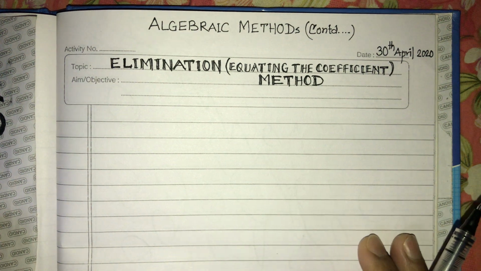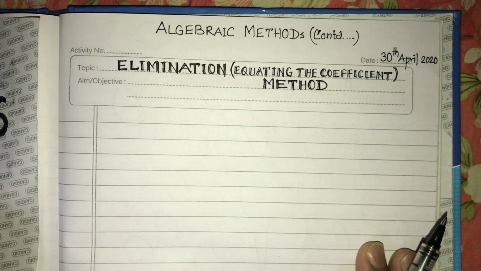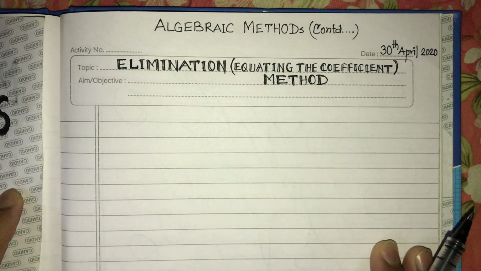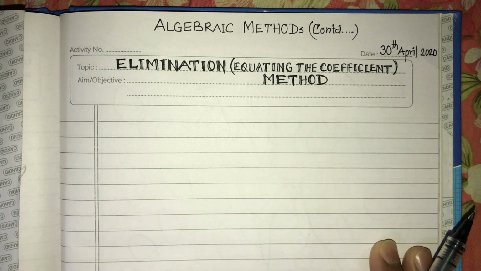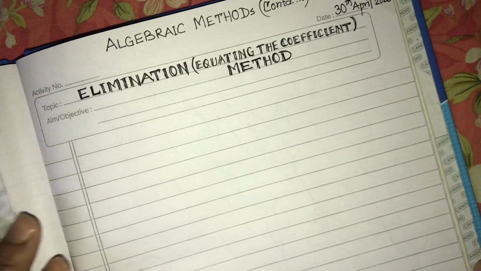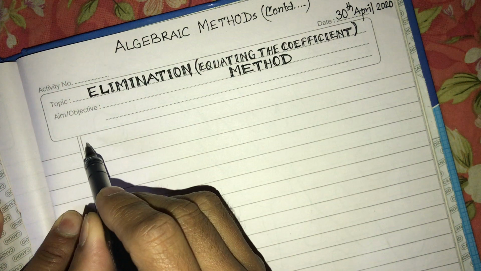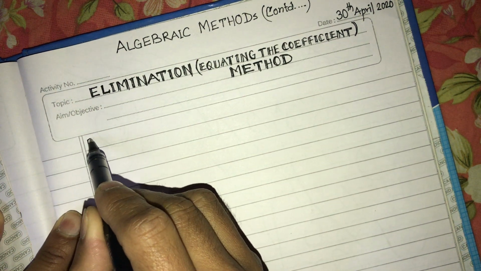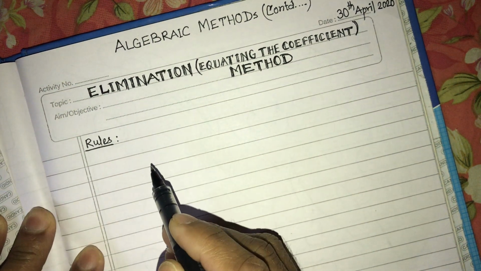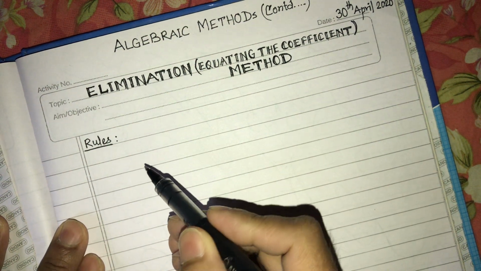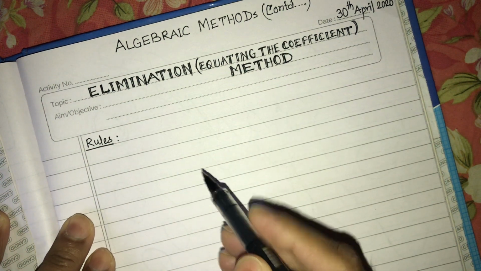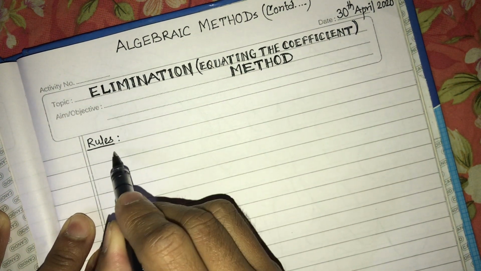Before actually going to the solution process, let's learn some rules. If you learn the rules, they will help you work out this method. So let me write here, rules. These are not really rules, actually, they are the algorithm, the steps that we need to follow while applying this method. First, rule number one: